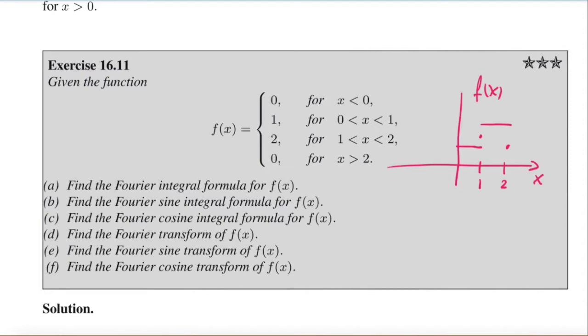B, find the Fourier sine integral formula for f. C, find the Fourier cosine integral formula for f. D, find the Fourier transform. E, find the sine transform. F, find